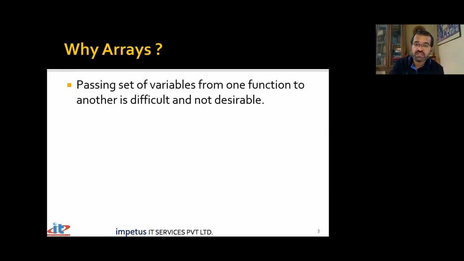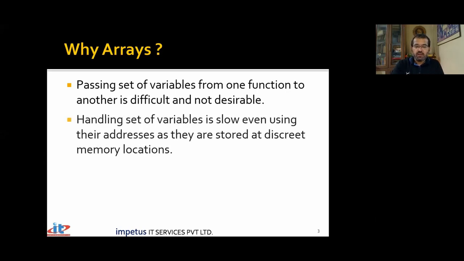You cannot even use the same name for multiple functions. So if I want to pass a set of variables to a function, it's very, very difficult. Passing 1 or 2 values to a function was very easy. But if a number of values have to be passed to a function, that's very, very complex. Handling a set of variables is slow, even using addresses, as they are stored at discrete memory